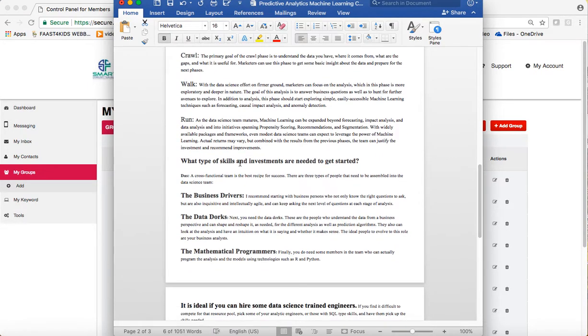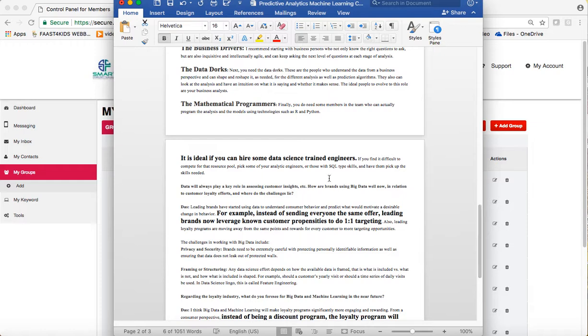Because here's what happens. What type of skills and investments do you need to even have artificial intelligence and machine learning? Well, you need business drivers, data dorks, mathematical programmers. It's ideal if you can hire some data science engineers. Are you kidding me? Small business can't do this. This is why we've included all of this inside of your platform. You don't have to worry about it. We've literally saved you hundreds of thousands of dollars on what we're going to do for your database,